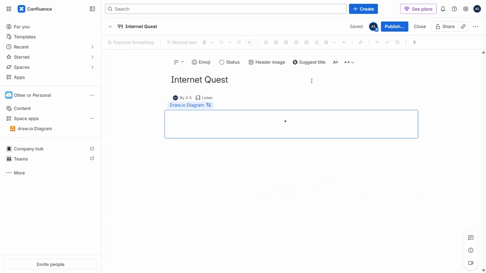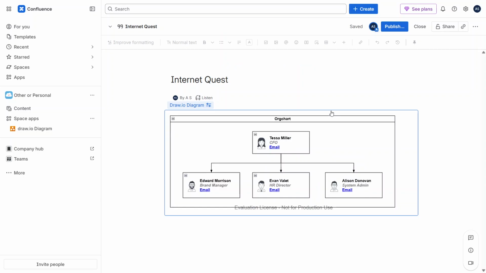In today's video, I'm going to teach you how to cut, copy, and paste objects in Draw.io for Atlassian, Confluence, and Jira. To get started, open the Confluence page or Jira issue that contains the Draw.io diagram where you want to work with objects. In this example, I'll be using Confluence, but the process is very similar in Jira as well. The main goal here is to access the diagram editor so you can manage the objects inside the diagram